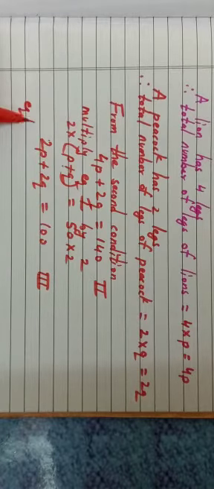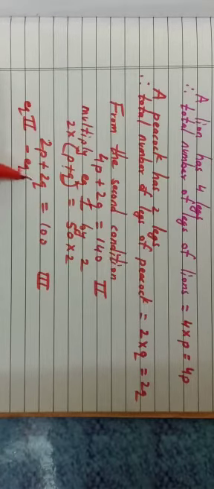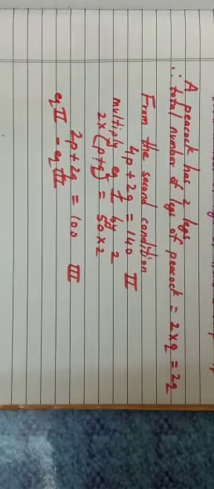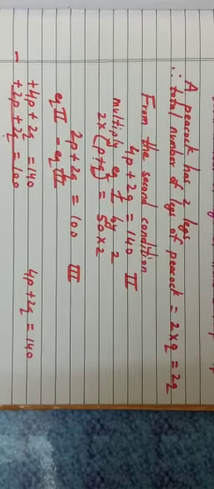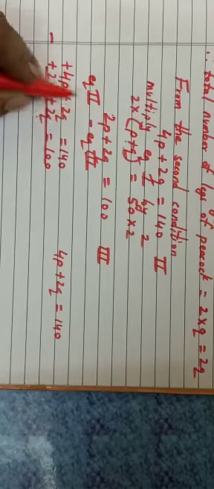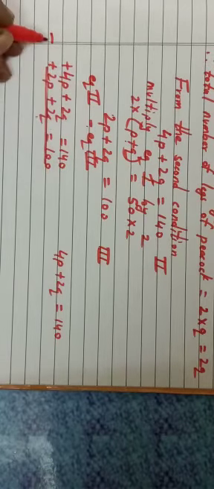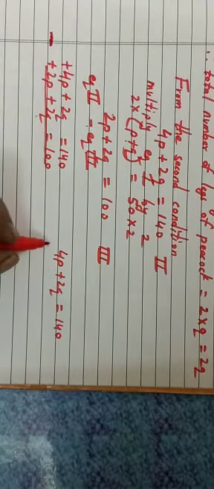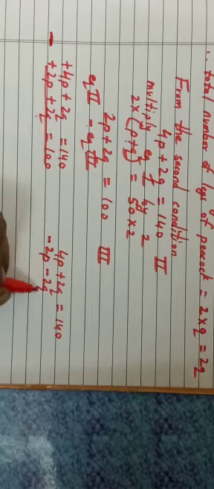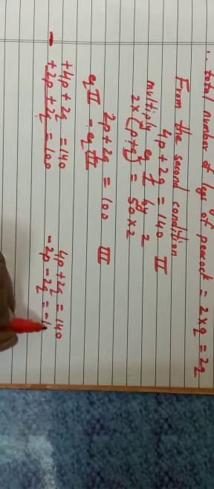And we will write equation 2 minus equation 3. Subtract equation 3 from equation 2. Like that we have to write in words if you want. Otherwise, this shortcut also you can write. Now see here, while writing it should be written properly. Equation 2 minus equation 3. I have written. Now this second equation, minus, this is minus, no sign means plus. Now because of this minus sign, we are going to change the signs. Like this way you have to write minus 2P minus 2Q is equal to minus 100.